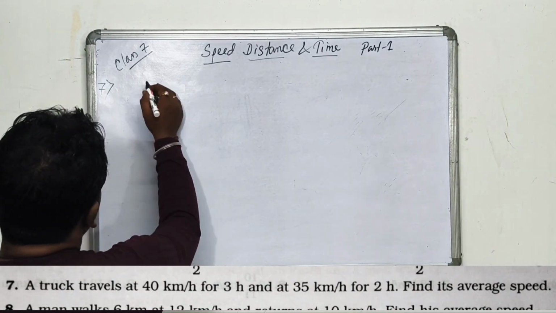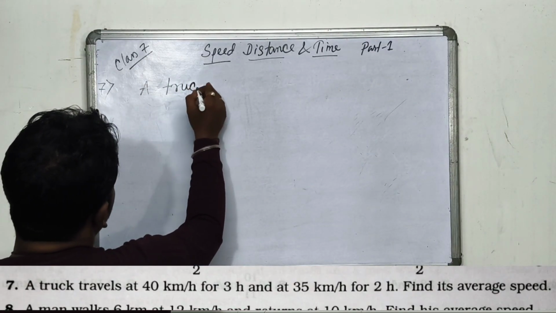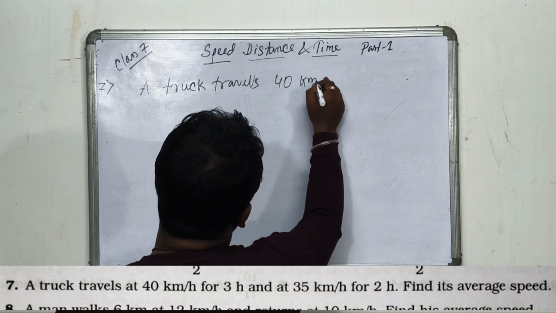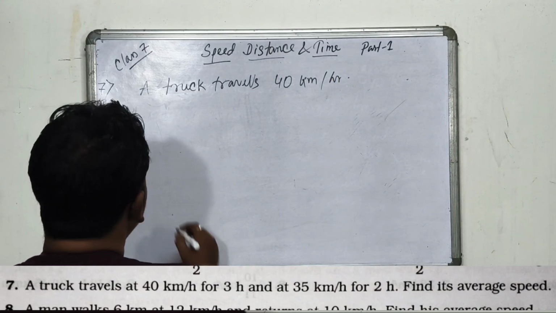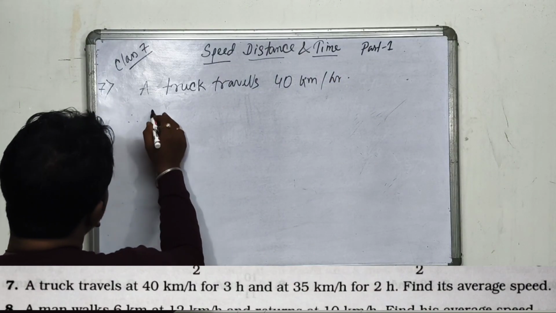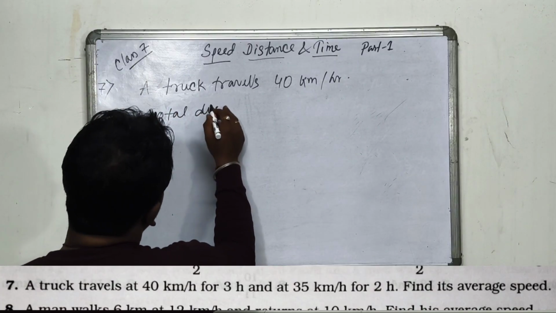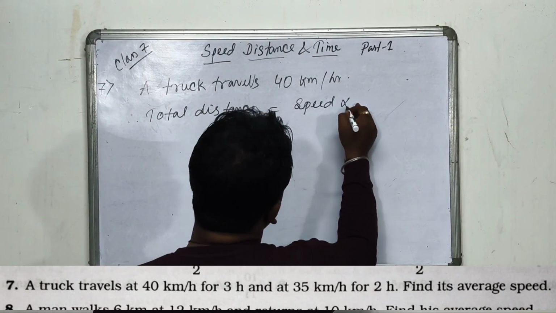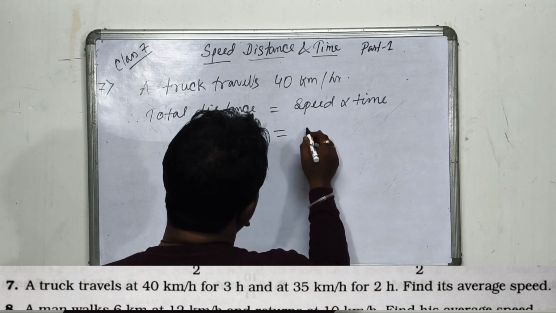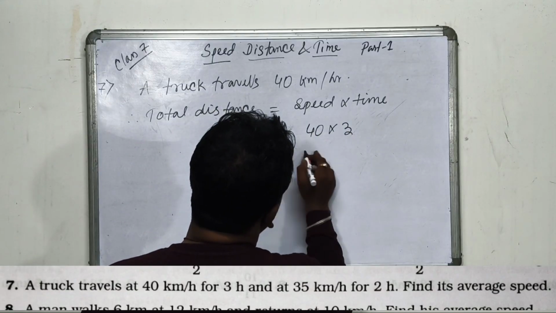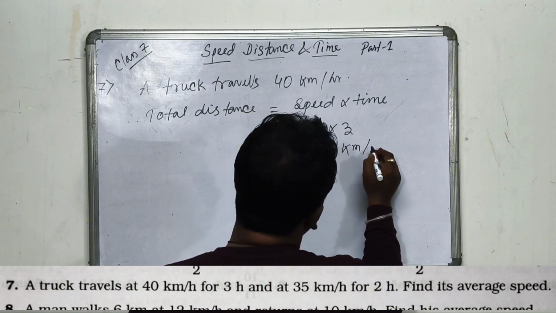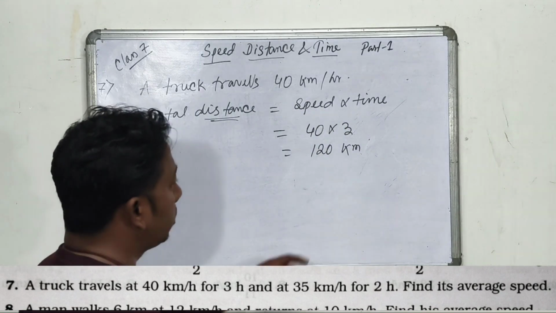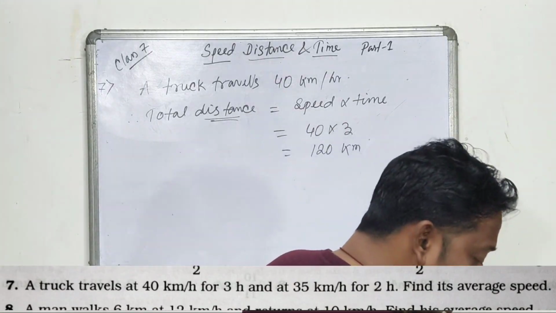A truck travels 40 km per hour. So in 3 hours, the total distance equals speed into time, that is speed is 40, time is 3, that is 120 kilometers. So the truck covered a total distance in 3 hours of 120 kilometers, and